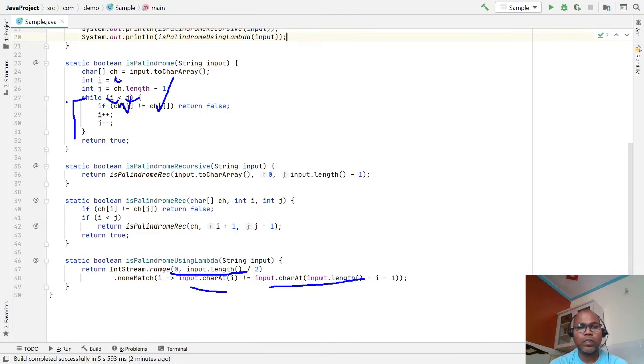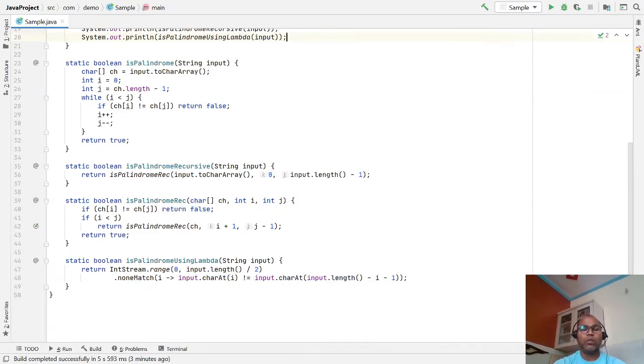After that we have a loop with plus and minus, and the rest is done by the API itself. We just check for a non-match, then return true or false. If anything matches, return that value; if nothing matches, return true. If the whole loop completes, then return true. The same work is done here.